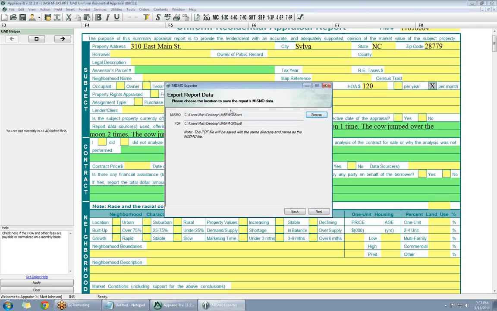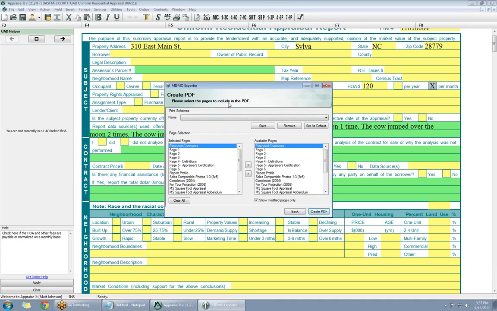Okay, so once we've taken care of that and we know where our PDF and our XML are going to go, we're going to hit Next. And then this is where you actually build the PDF. You've done this 1,000 times before. This is the Print Commander interface that you're very familiar with, so I'm not going to go over that. If you have print schemes, you can use those as well. Build your PDF in the way that you want it, and that's also how the XML file is going to be generated. It's going to be generated off what you put in here for the PDF. So now I'm going to select Create PDF,